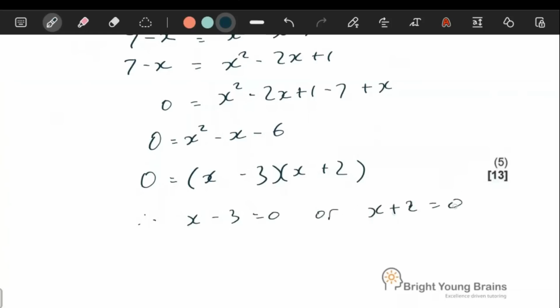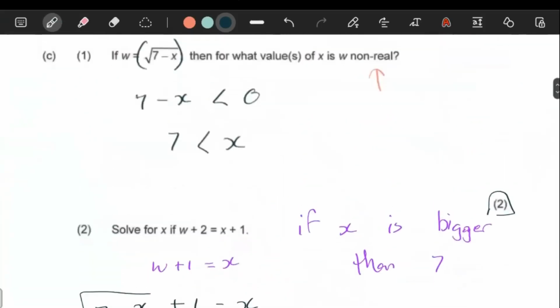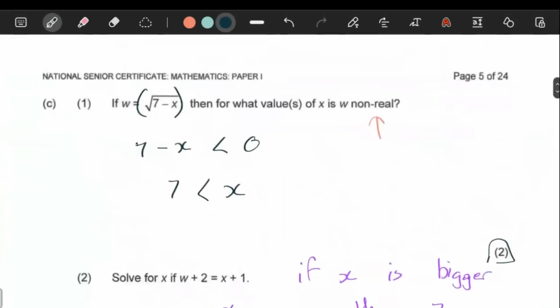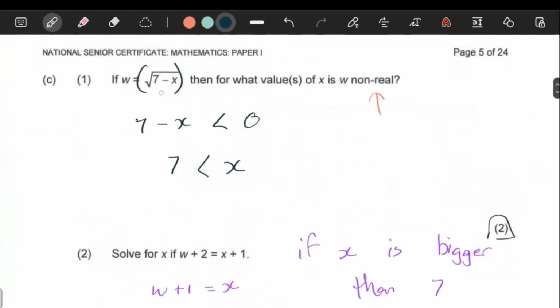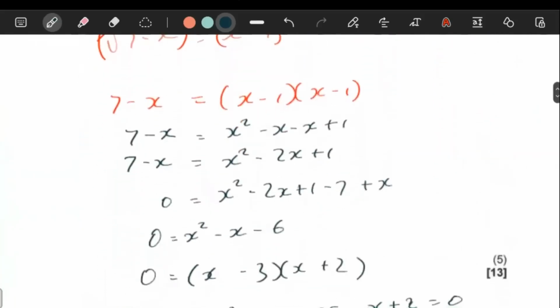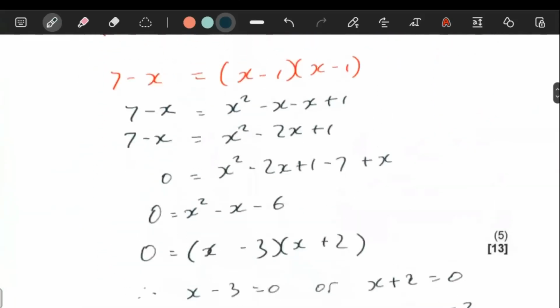So x minus 3 is equal to 0, or x plus 2 is equal to 0. So fortunately, here you can just say x is equal to 3, or x is equal to negative 2. The only issue is, you see here, our answer says x has to be bigger than 7 for the values for which it says, if w is equal to this, then for what values of x is this non-real? So fortunately, this question in particular, even though w is equal to this value, if we have our specific value of x here that is equal to 3, if you look nicely,